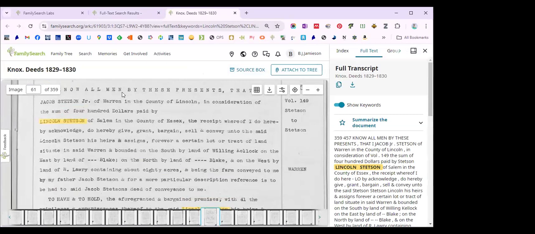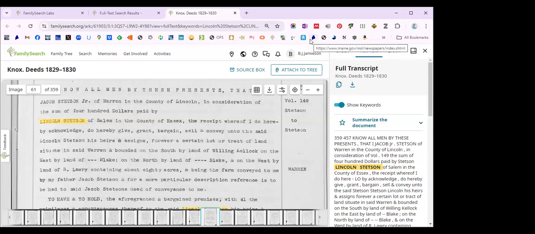And I'm pretty sure this is a case of Lincoln Stetson buying this to help his cousin out somehow, because a few years later, Jacob has the land back. And so I think that's what's going on here. I don't think Lincoln ever intended to use this land to move to Maine or anything like that. He was settled in